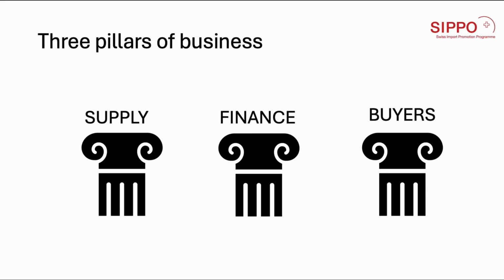So the three main pillars of business can be summed up as supply, finance, and buyers. If you have all those three, the company has a good chance of being successful. Supply, obviously, the farmers, etc., how you get your ingredients to be able to eventually get to an export product. The finance to purchase that supply, but also to bridge that time gap for buyers to pay exporters for the